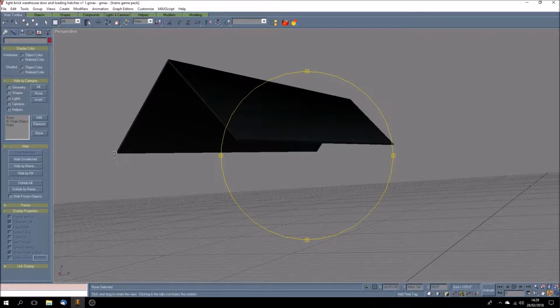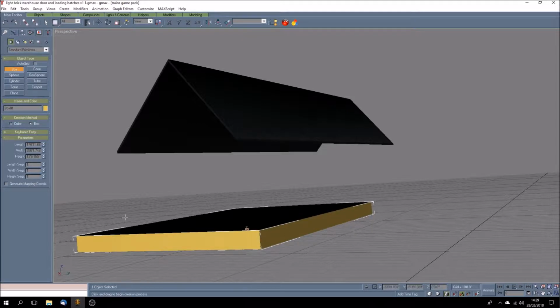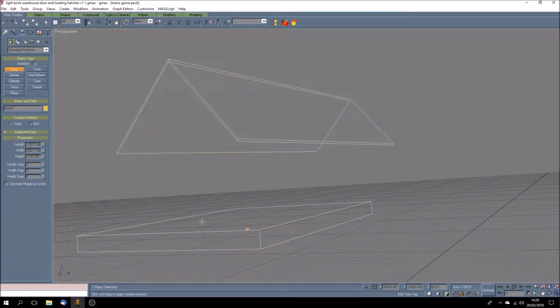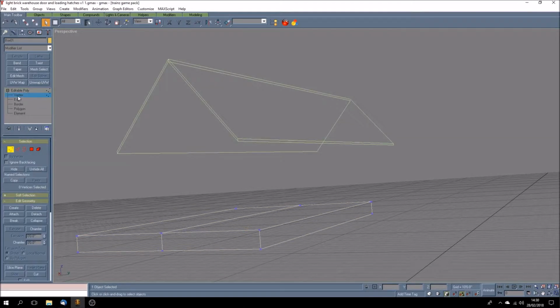That's 1, 2. So if you imagine it flat, you've created a flat rectangle. Let me show you a box like that, and I've made sure that instead of having just the one division, and this is in wireframe, I've gone down here to our segments and made 2. That means I can then convert it to poly and pick up the vertices which are going to make the pitch of the roof, and I'm going to have these ones, and where there's one hidden there, I know it's there, pick up that, and then I'm going to move through the Z axis,